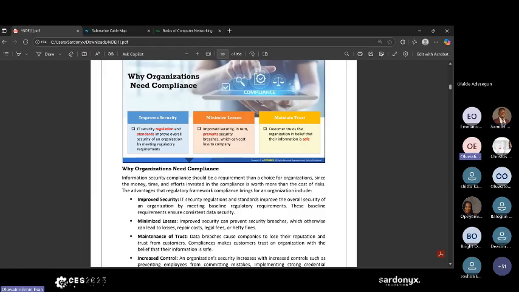So most of the time, when you see that this company is PCI DSS or ISO 27001 compliant, you tend to trust that company majorly. So you believe that they are following a particular standard and they are trustworthy. So customers trust the organization in belief that their information is safe. Example, GDPR. Some of it deals with privacy. And that's one of the issues we have in the industry now.